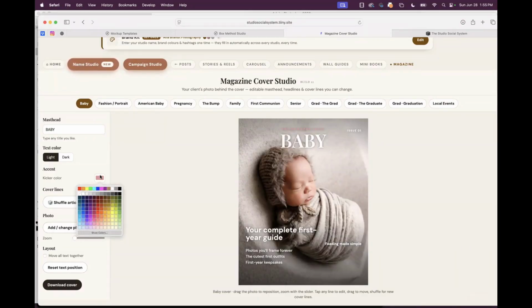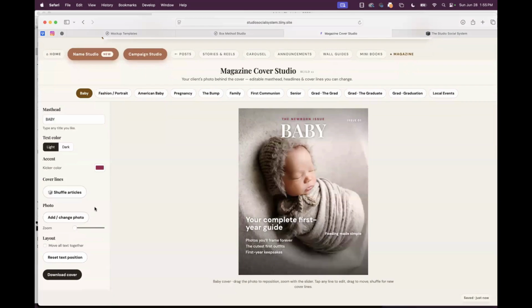Clients love this kind of stuff. They are in love with their baby and anything that you can do. You can reshuffle your articles, you can move them around, you can change them. Steps to soothe your baby. You can even download this and make a magazine. You could actually do a magazine if you really wanted to.